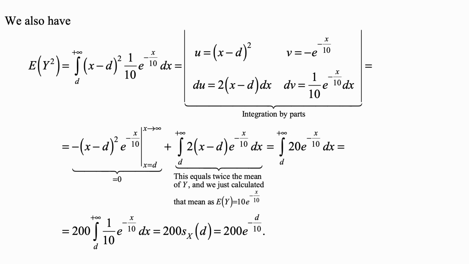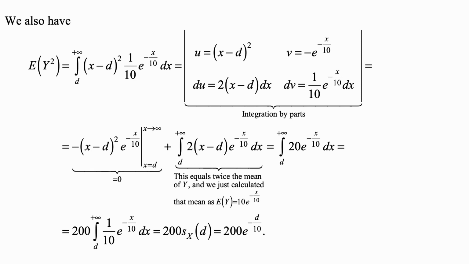What we have under the integral is u dv. By integration by parts, this is equal to u times v evaluated from d to plus infinity, which in this case is equal to 0 at both ends, so 0 minus 0, 0. And then we have minus minus, so plus v du. Well, v has a minus that cancels with the other minus, so it's minus the integral of v du, which